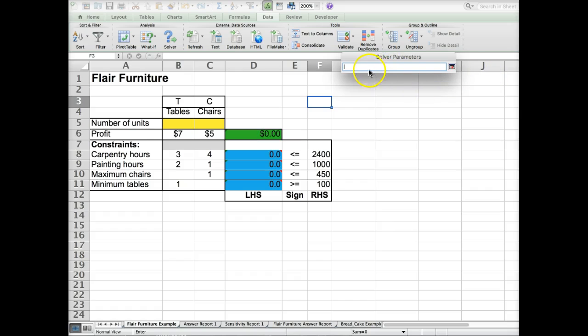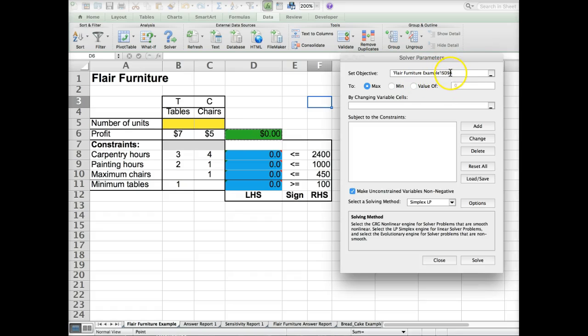this here, and then what this is doing is searching for whatever cell I want to use. So I'm going to go here, select D6, and then you see how it says Flair Furniture example D6, with the dollar signs on it, because I just want that cell. The Flair Furniture example just refers to what I have this tab, or this worksheet, named. And then after that, I click on this icon here, and you see that it pops up. And so I want to